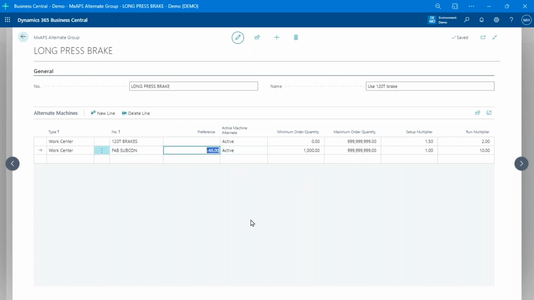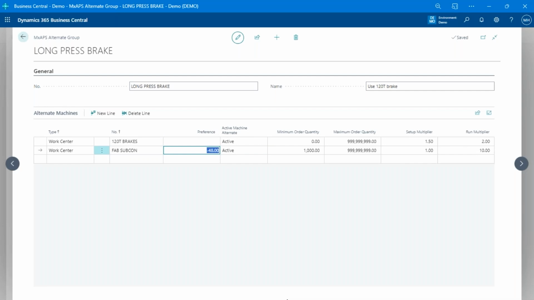So I've got 3 potential choices to run this operation. And what it does is for every production order that has this operation, it runs a schedule with each one of those potential choices. And then it chooses the best result out of those 3. So you can imagine if I've got 1,000 production orders in the system with 5 operations per production order and a few alternates, the system is literally making millions of decisions to come up with the best schedule possible.